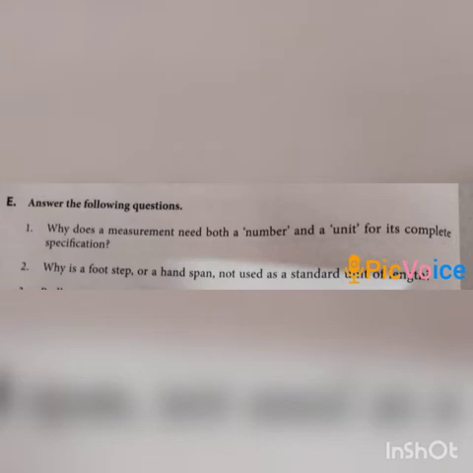There are 5 precautions. Now I am going to tell them. The first one is we should place the scale in such a manner that its divisions are very close to the length to be measured. Also, the edge of the scale should be parallel to the length. The second thing is we should keep the scale exactly along the length to be measured. It should not be tilted.